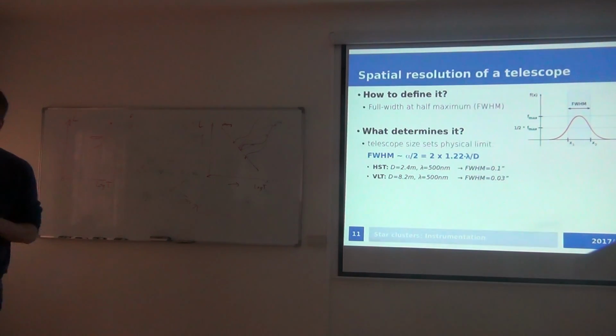And so how do we measure now the spatial resolution of a telescope? It's defined by the full width at half maximum. So if you look at this, this is again showing you the intensity profile of an observed star. What we look at is half the maximum, at half the value of the maximum intensity here, and measure the width of the profile there. And this is the full width at half maximum. And what determines it